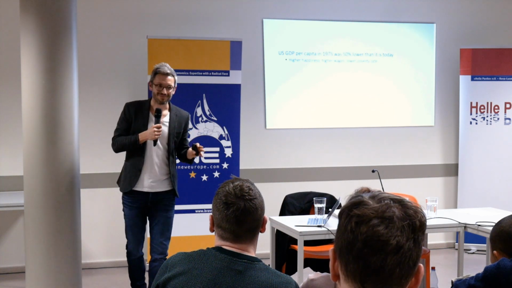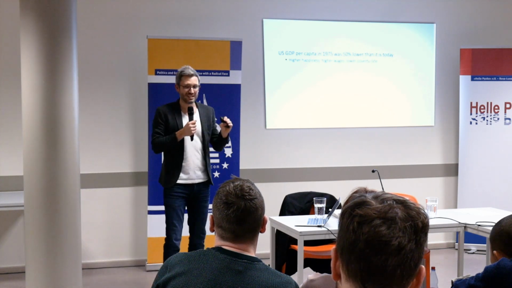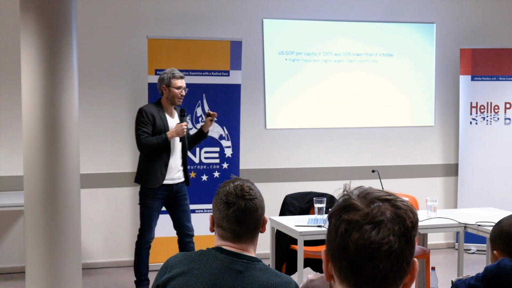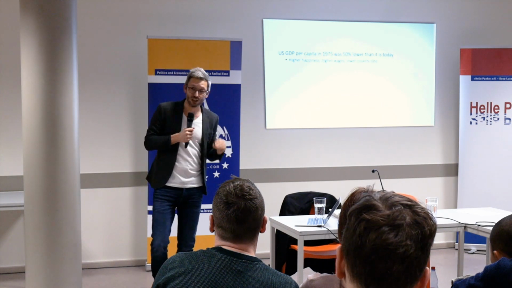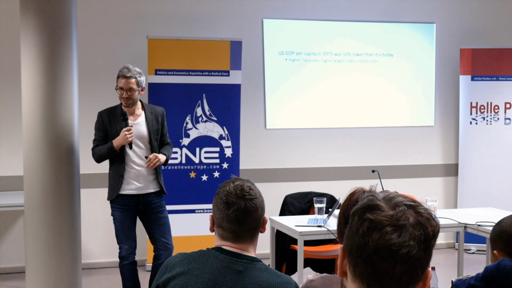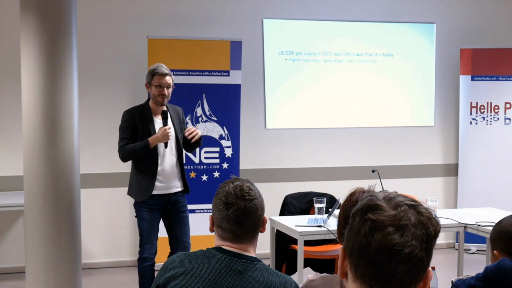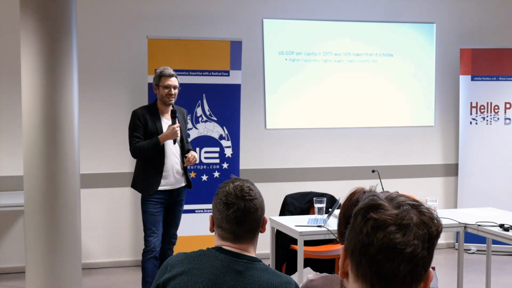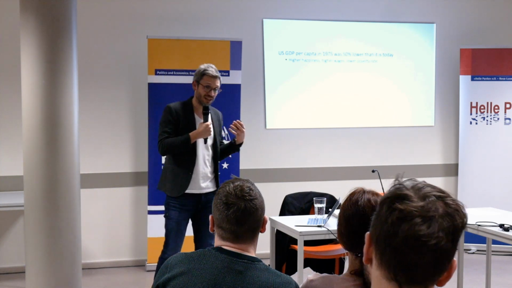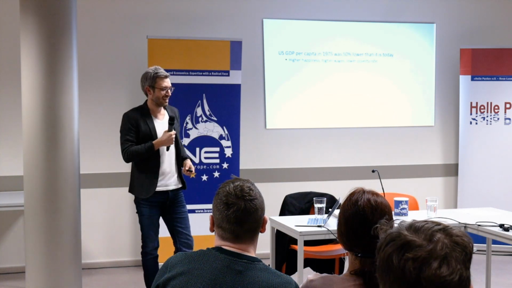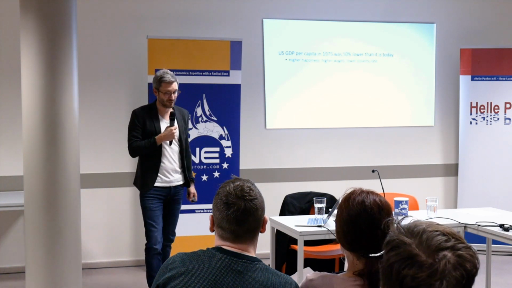Take the US. In the US, in 1975, GDP per capita was 50% lower than it is today. And yet, despite that fact, they had higher happiness levels, they had higher wages, and they had a lower poverty rate. How is that possible? That their economy on a per capita basis could be half the size that it is today, and yet they're doing better in terms of social indicators. It's effectively because they invested more in social spending, and income was distributed more equitably. And so you're able to achieve high levels of social indicators despite significantly lower income.